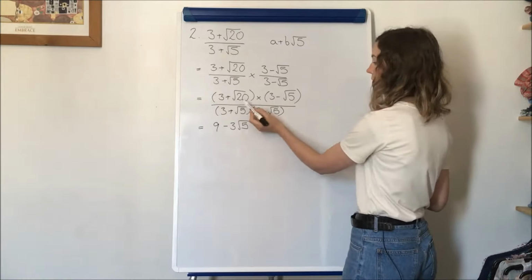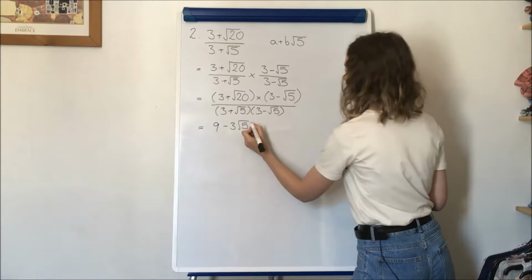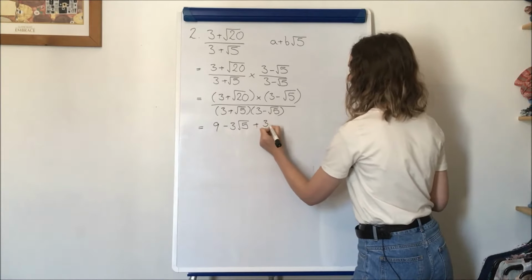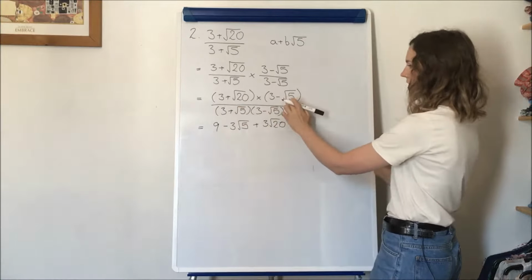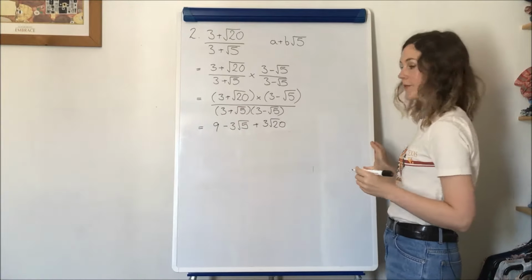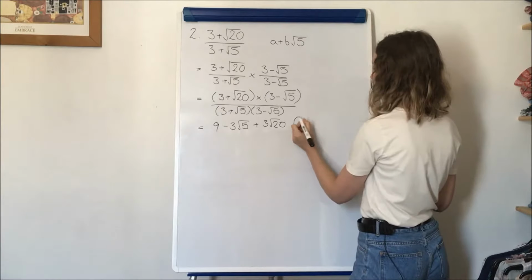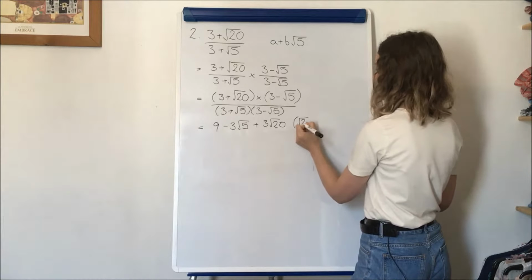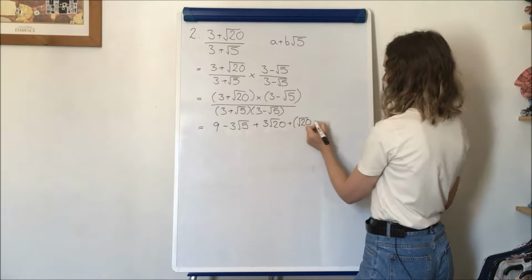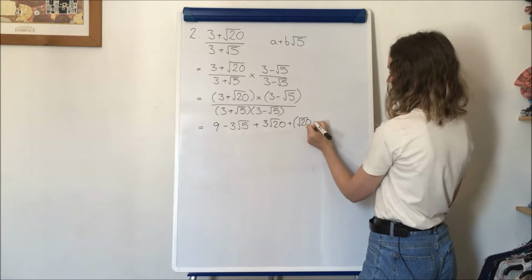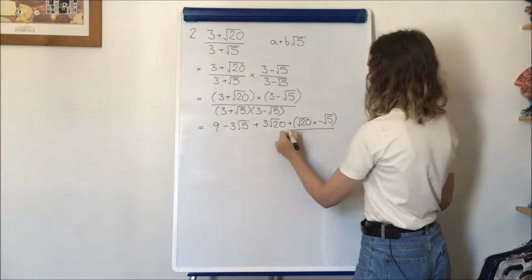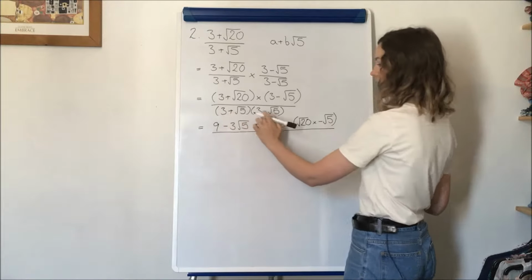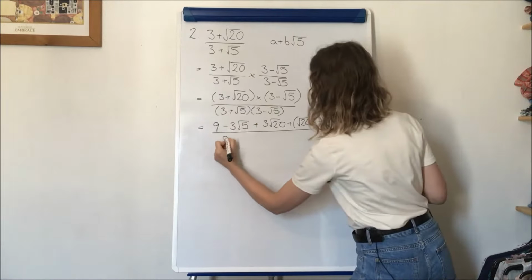So here you've got root 20 times 3, so that's going to give you plus 3 root 20. And root 20 times minus root 5, for now, I'm just going to leave it in brackets and go through that in a second. And that's all going to be divided by